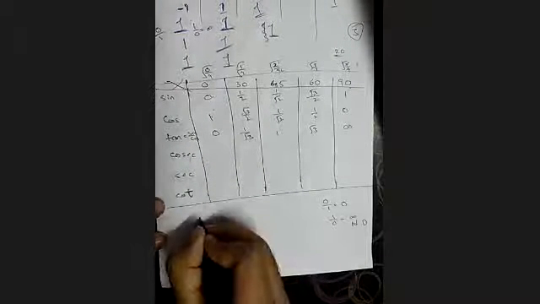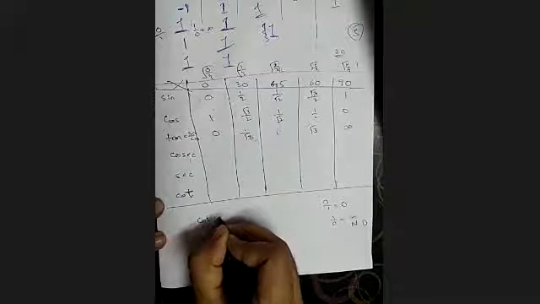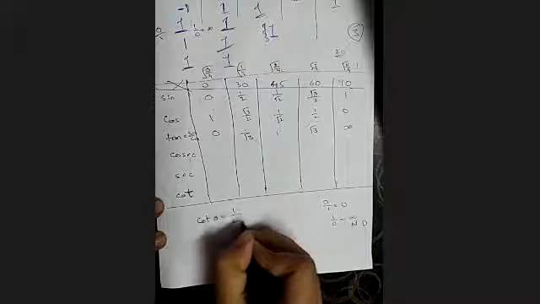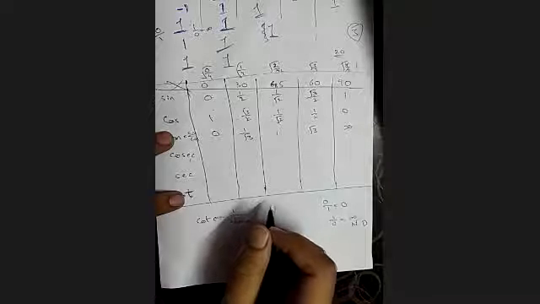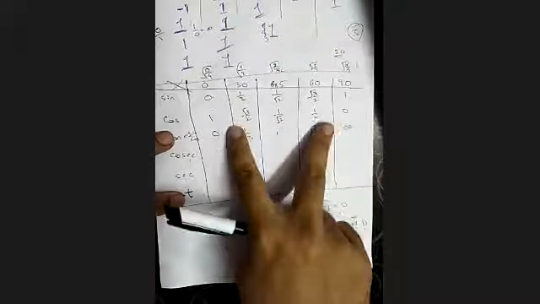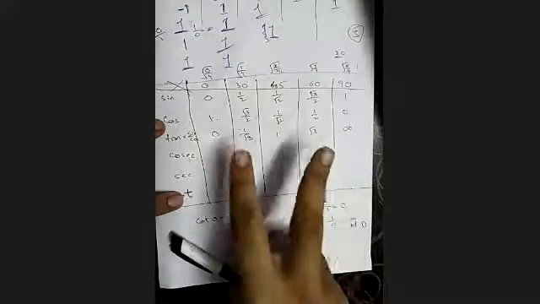We have done till here. Now we have to find cosecant, secant, cot. In your textbook, the order is reversed: it will be cot, secant, cosecant. Now, cot theta is equal to 1 by tan theta. So just take tan theta and reverse it, and you will get cot theta.